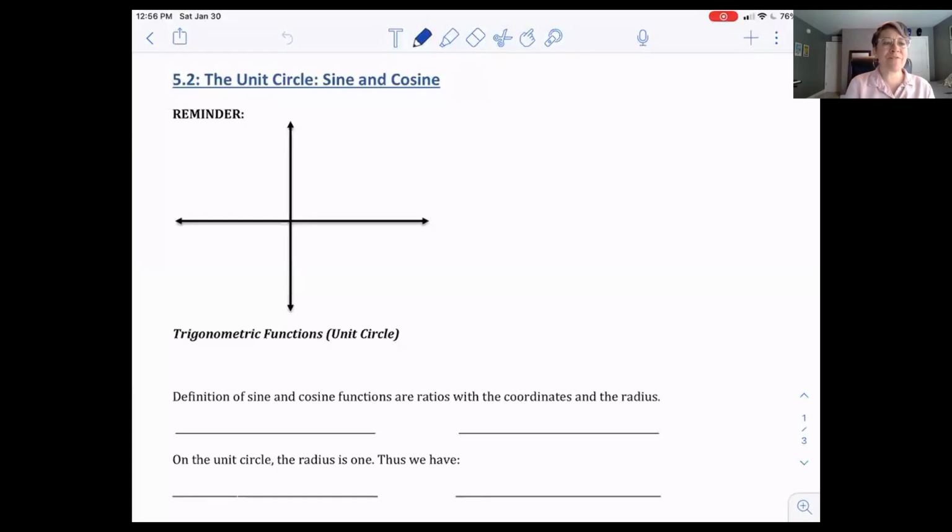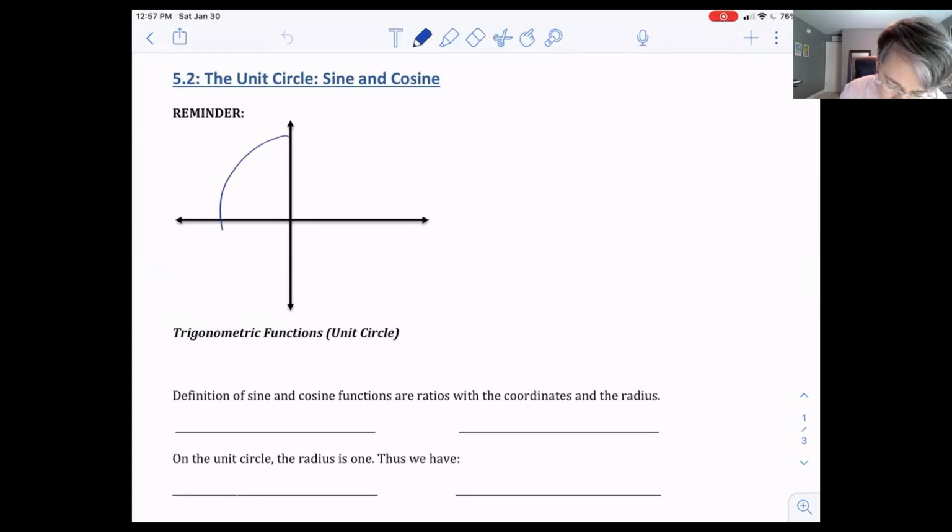All right, now we're taking a look at 5.2, the unit circle, focusing just on sine and cosine. So a couple of reminders. If I were to draw, let's say, a circle, where let's assume that the center is there at the origin, and I were to create some angle theta in